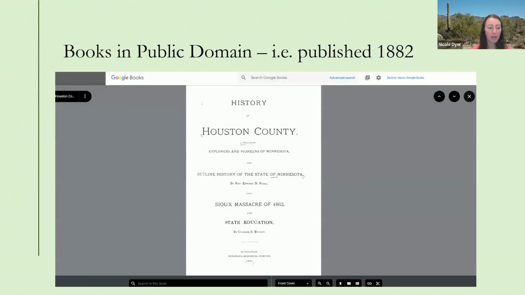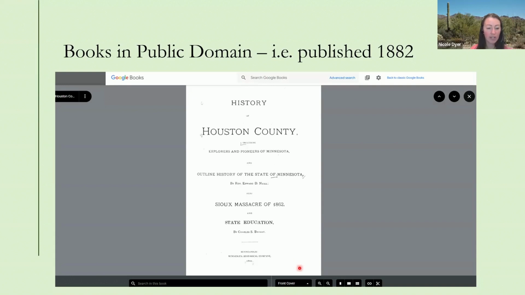So here's an example of a book that's in the public domain. This was published in 1882, and so the requisite amount of time has passed. The title of this is The History of Houston County in Minnesota, and this is available in full on Google Books.